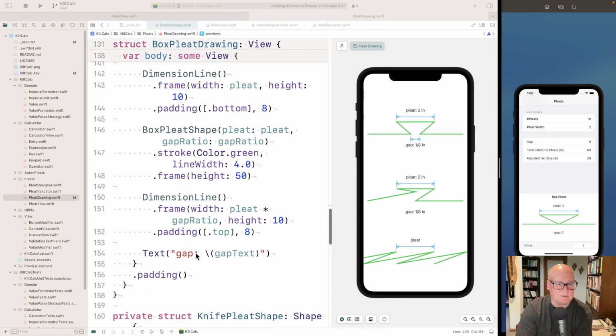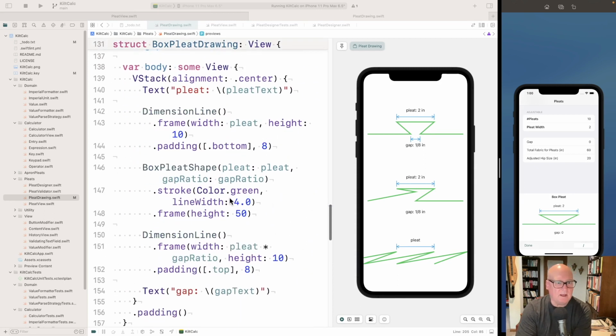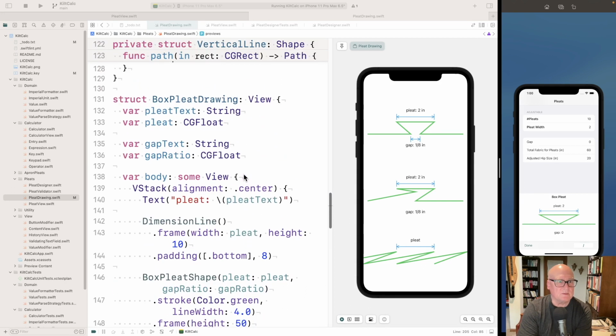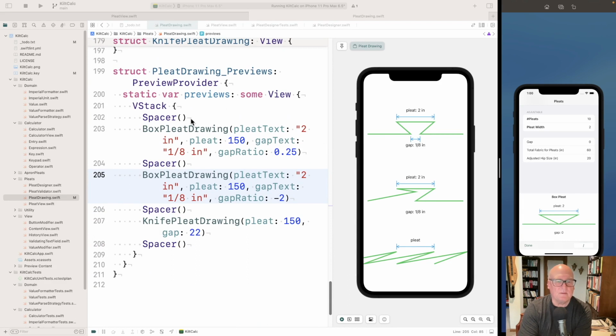We've got the box pleat drawing. We're focused on that one, and we're trying out various ratios with it. Let's see our preview. Okay, so the first one is a plain old box pleat, a very classic regular box pleat. It's got a small gap, which is not perfectly desirable, but it's tolerable. And I think what we can do,